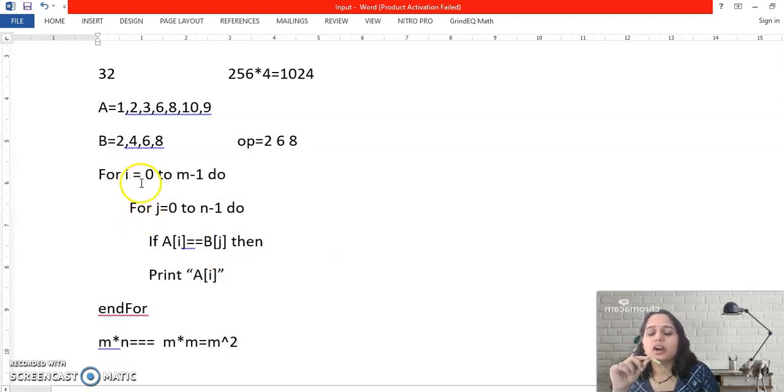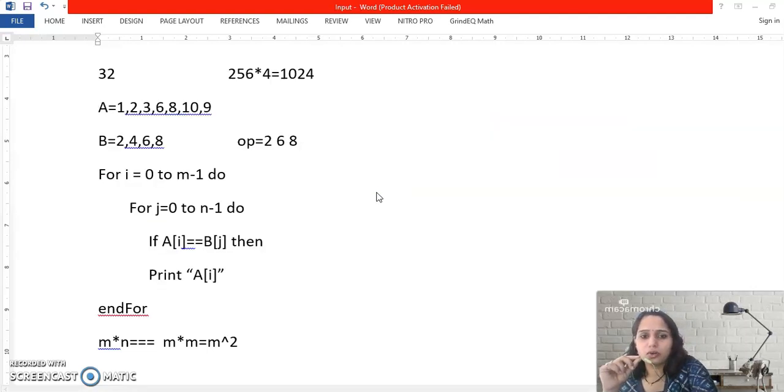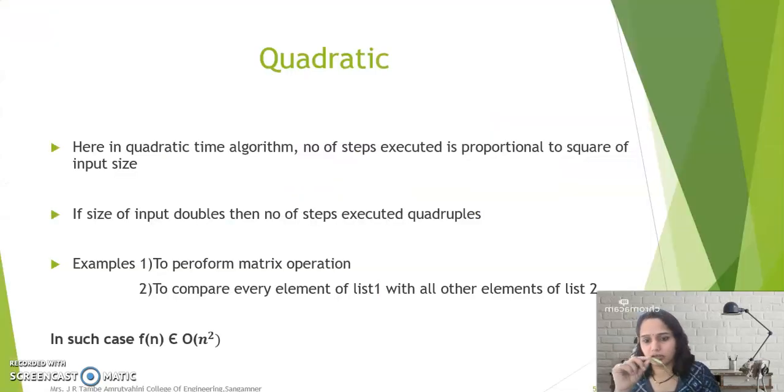We can see here earlier the number of steps executed was only n, but here the number of steps executed will be the square of the input size. So that is all about the quadratic time programming constructs. Okay, similarly performing the matrix operation, the code will be exactly the same. The only thing is that inside we are doing C of ij is equal to A of ij plus B of ij, but still we will require 2 nested for loops.